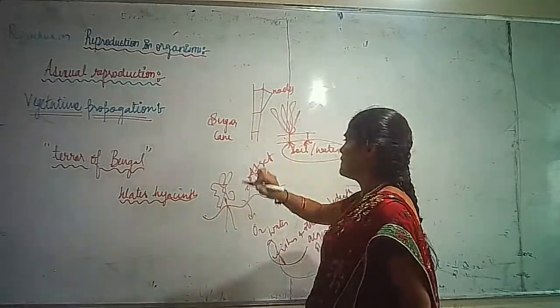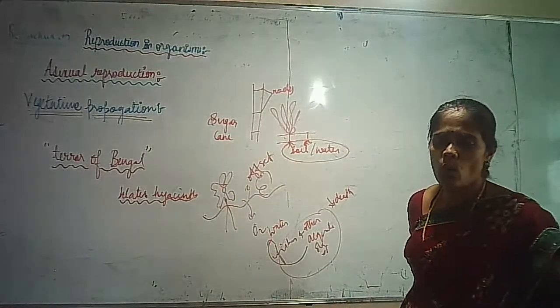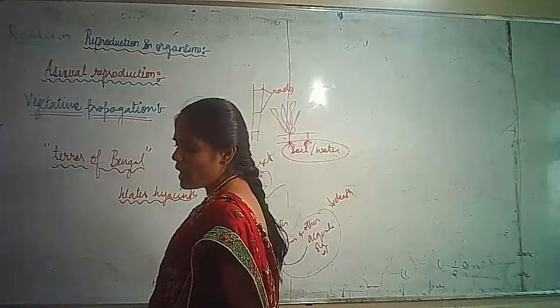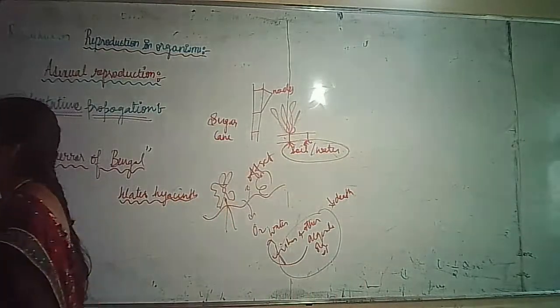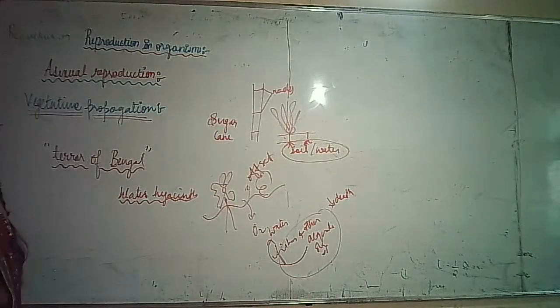It means that the vegetative propagules are the nodes. From there, new plants are going to arise. Right? So if you see here, the different types of things,